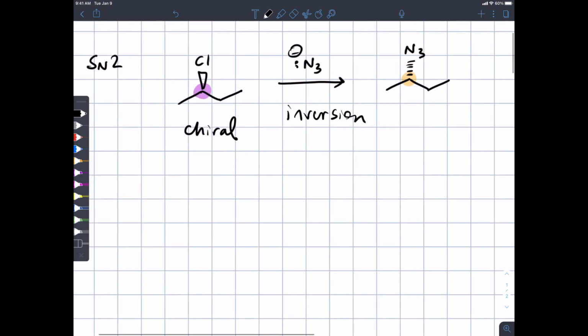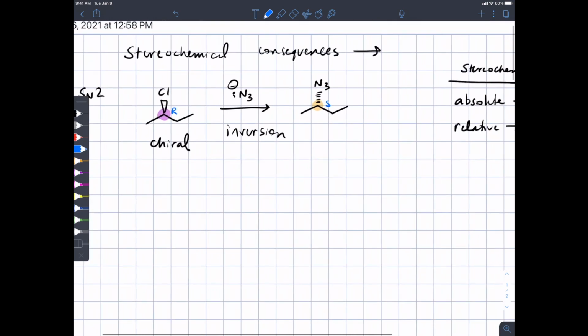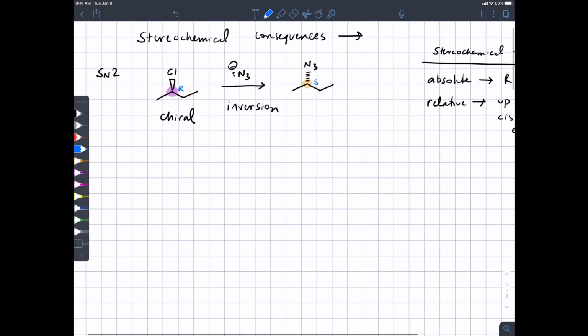You can't say that, if the stereocenter is R, it's going to always switch to be S. That's true here. But if our nucleophile was something that was very low priority, I can't imagine what that would be, but you might find a situation where the stereocenter stayed R, even though there was an inversion of configuration. So I want you to understand that inversion happens because as the nucleophile approaches,